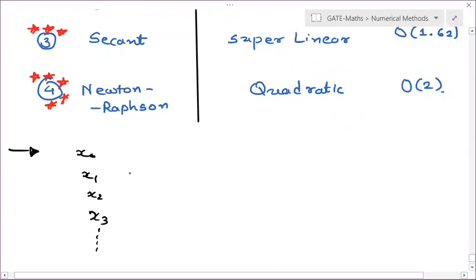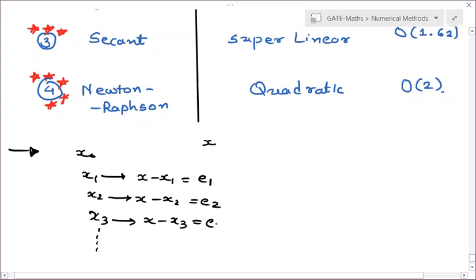So every time, if you know your exact value of root, suppose your exact value is X, which you are finding with an analytical method, these are your approximate values. So for X1, if you are finding exact minus approx, that is X minus X1, this is your error 1. This is your X minus X2, this is your error 2. This is your X minus X3, this is your error 3. Now our aim is to reduce this error each and every time, right? So that we can move towards our root very fast. So this is the exact value. These all are approximate values. Okay.